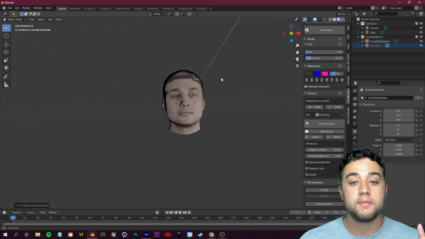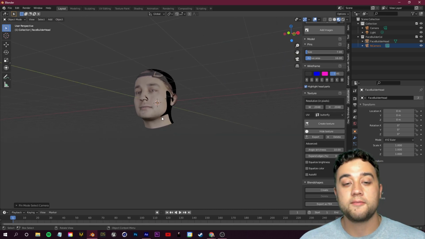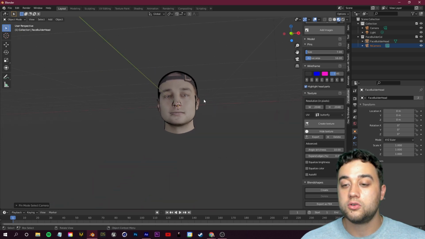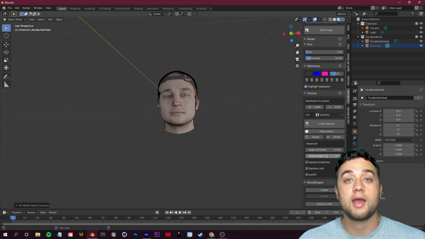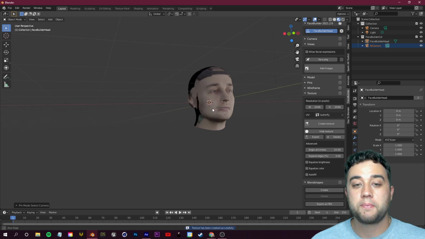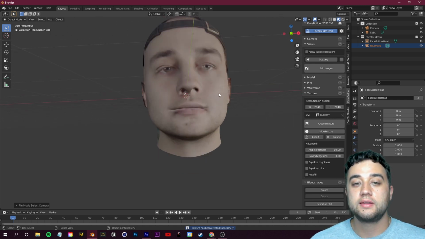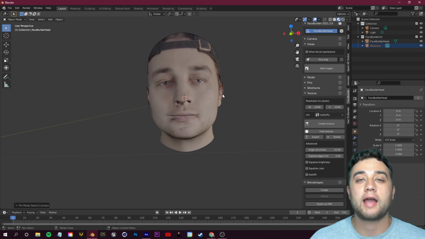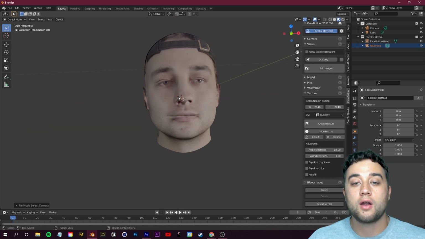If you only use one image, you're most likely going to have all these kind of black torn edges here. So to quickly fix that, all you need to do is go over to where it says Expand Edges. I like setting that to something like 3. And then I'll go ahead and click Create Texture once more. So that should patch up a lot of the issues here. I think this is looking good enough. We're going to use masking anyway, so it doesn't need to be perfectly accurate. It just needs to match a lot of our facial shape.